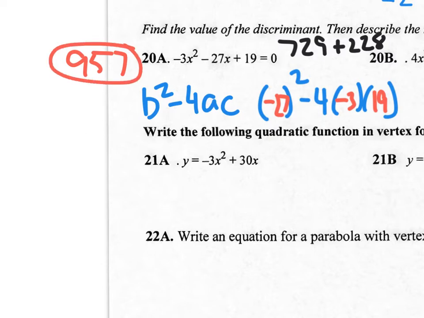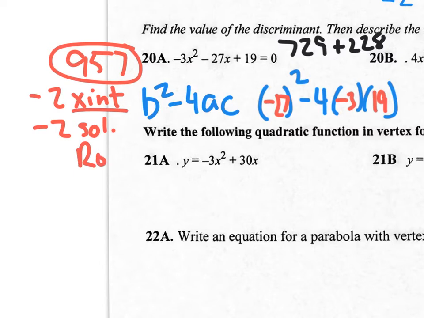So this is your discriminant, and what does that discriminant tell you? It tells you, because it's positive, that you're going to have two x-intercepts. That you're going to have two solutions, right? Real solutions, two real roots. They are not complex numbers. Complex numbers are imaginary, and imaginary numbers come from discriminants that are negative, and this discriminant's positive. So I hope that helps. Let's move on to 20B,